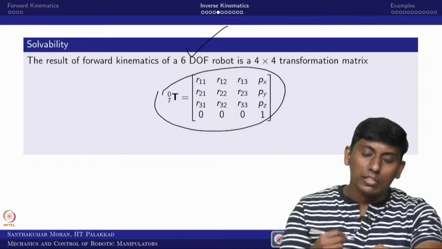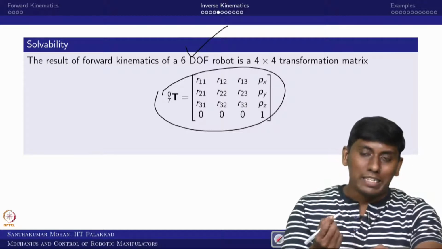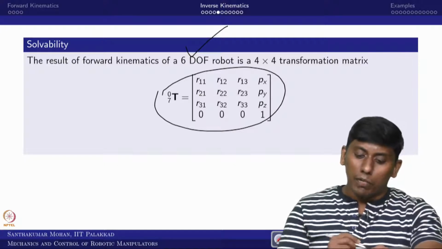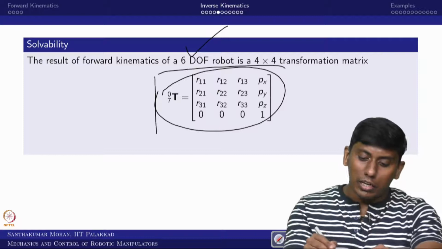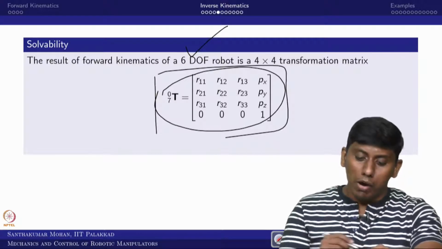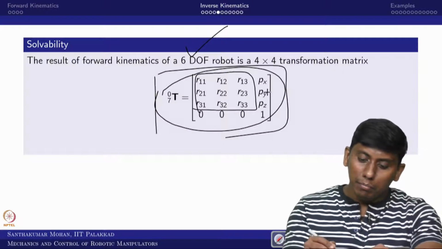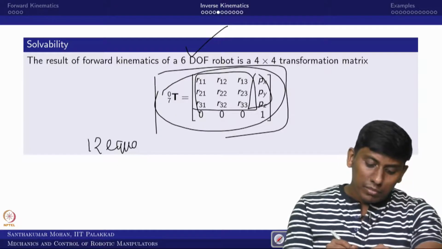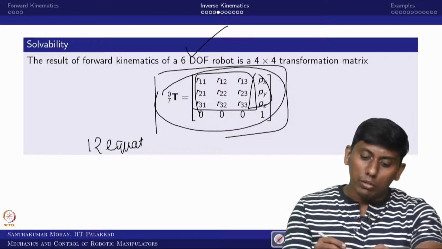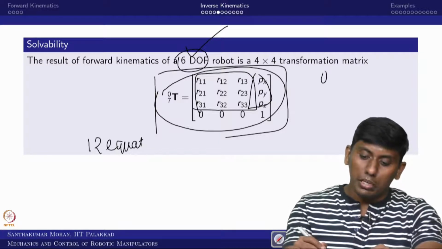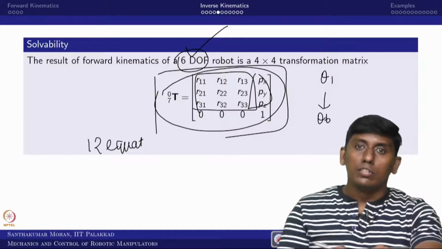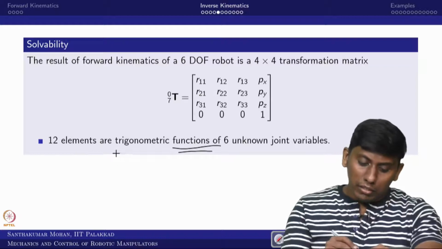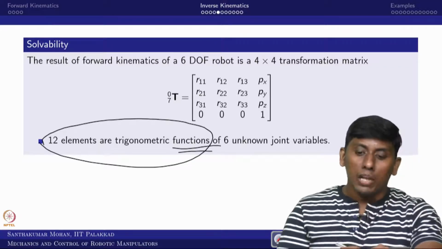We assume that this is a 6 DOF robot with 6 axes. We conveniently take all of them as rotary axes. But finally, what will you get? You will get this equation, right. How many useful forms? These are 9 plus 3, so in total 12 equations. You will get 12 equations, and how many unknowns? Because it is a 6 DOF robot, theta 1 to theta 6. So, 6 unknowns, right.